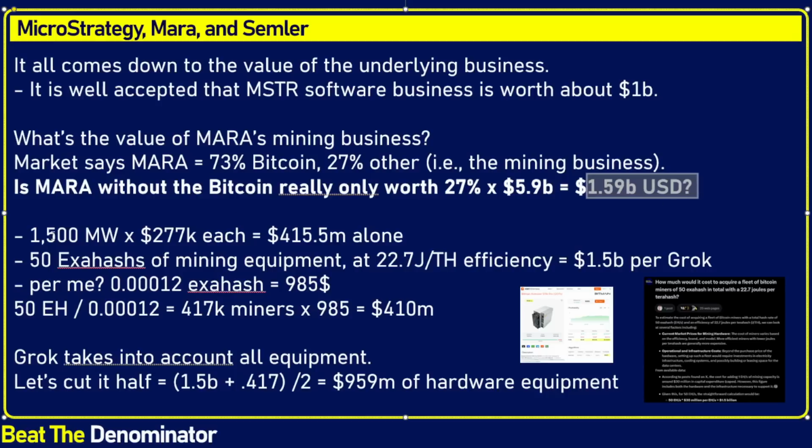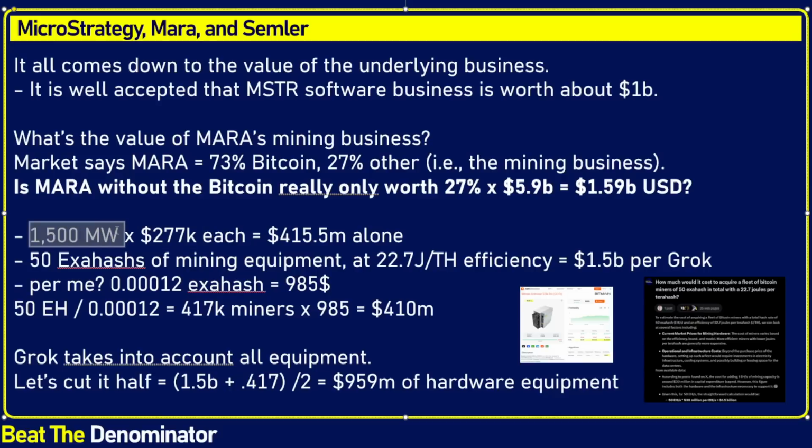And what are we getting for that premium? Well, for that premium, we're getting 1,500 megawatts at a lowball price of $277K per megawatt, which is, I'm using the number from the Q3 call, one of their latest power access acquisitions via land. They bought land with power access. They paid the low price of $277,000. I'm assuming that low price applies to the entire 1,500 megawatts of power access they have.